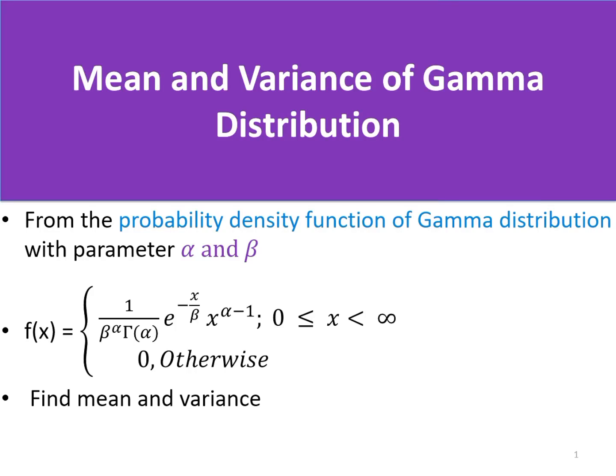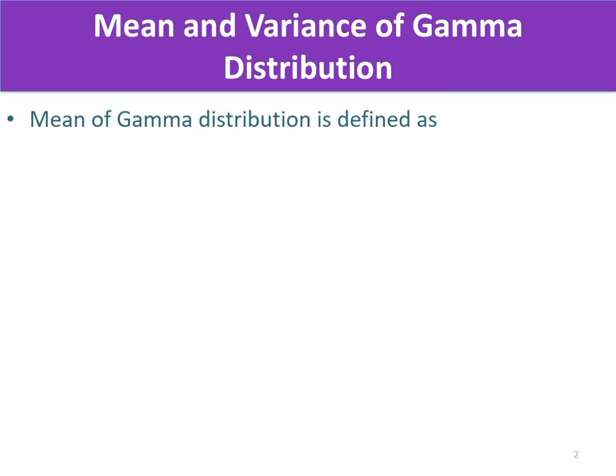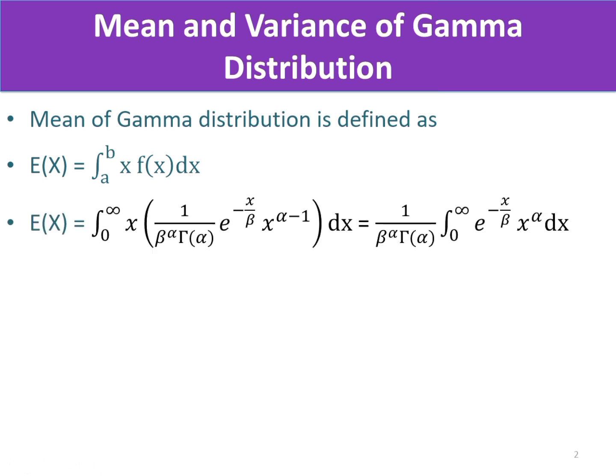Hello everyone. Today I am going to prove the mean and variance of the gamma distribution. The mean of the gamma distribution is defined as the integration of the function f(x) multiplied by the variable, over the given range a to b of the random variable x. After substituting the value of the probability density function f(x) in this bracket, we have 1 by beta to the power